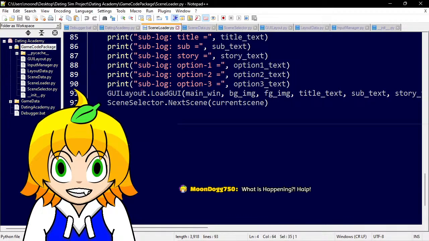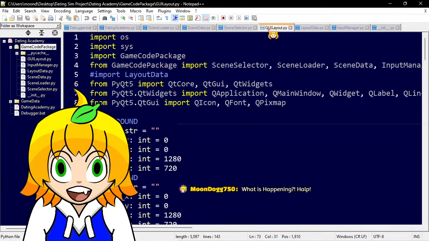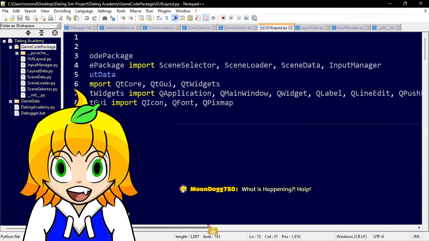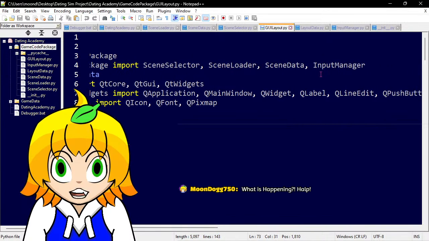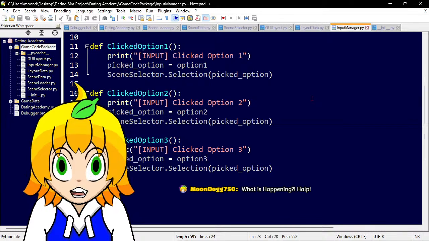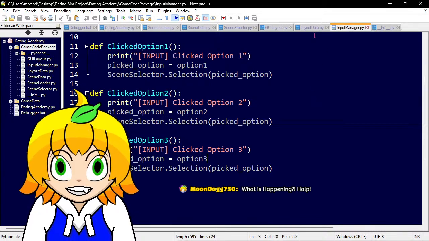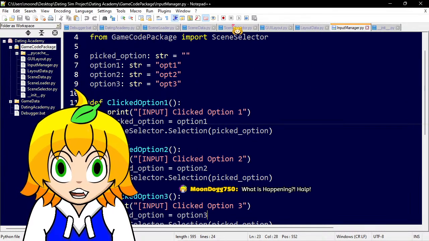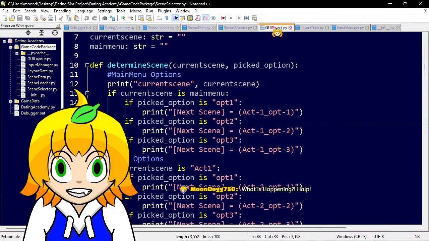But anyway, we're going from the scene loader into GUI layout. GUI layout uses the scene selector, scene loader, scene data, and input manager, which is just like, oh, you clicked this, and it's gonna store information. Anyway, back to GUI.